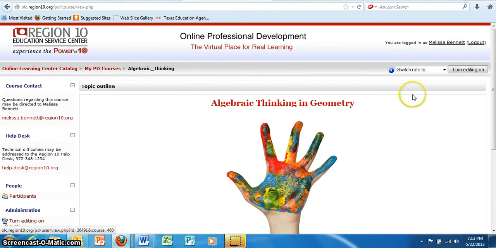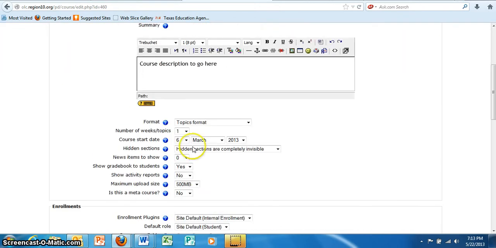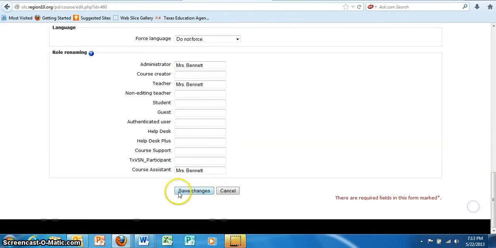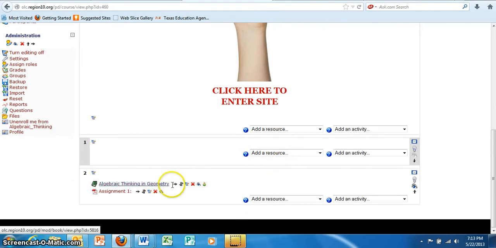And so in summary, I know I went very quickly. I will turn my editing back on. Big things you want to remember: when you're in editing mode, you need to have 2 topics turned on, and you'll hit save. Whatever you decide you want to add, and I usually start off with a book, because this book will be linked to this right here, and you'll just turn that on,